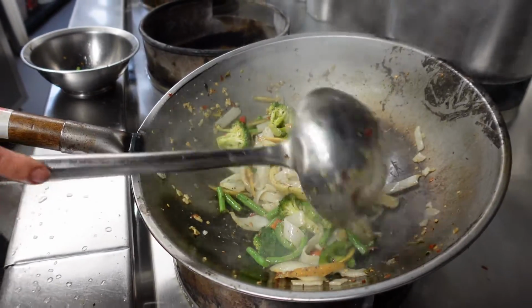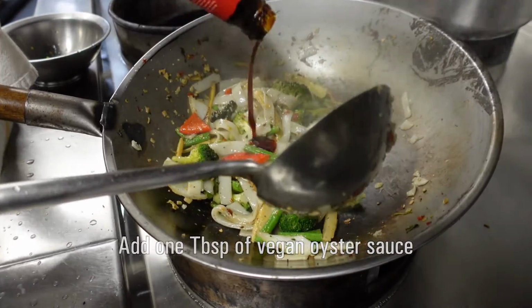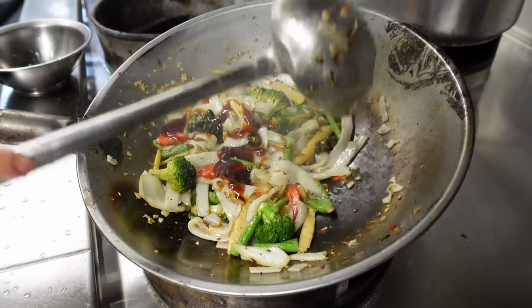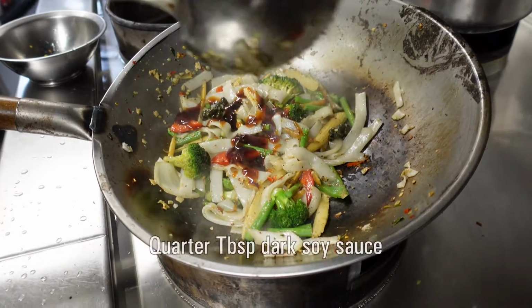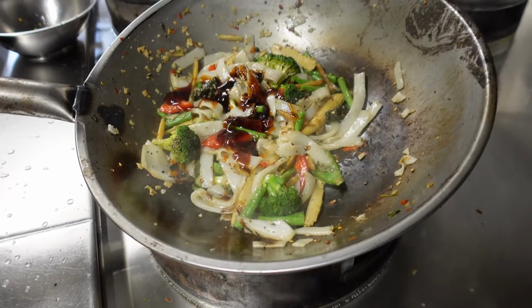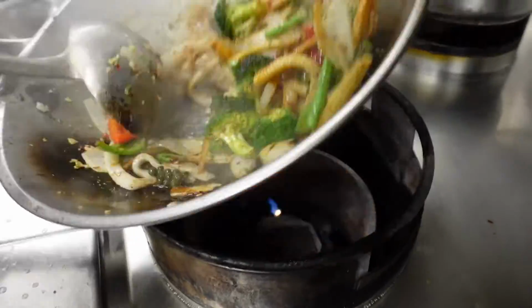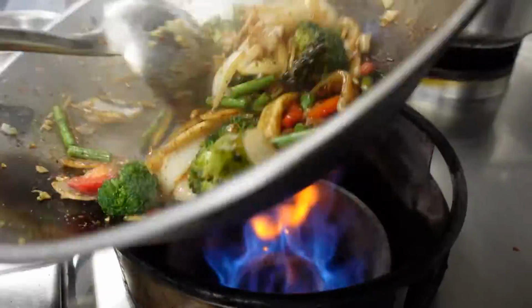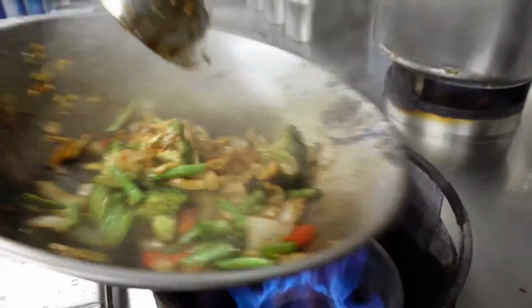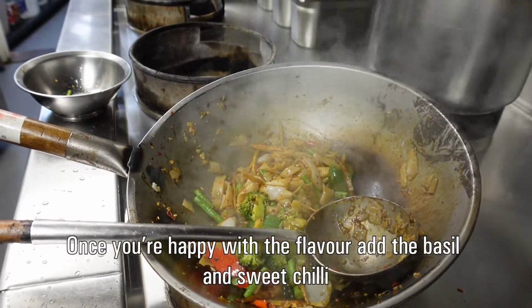Okay, when the noodle is getting soft, you can put in the seasoning. Put one tablespoon of vegetarian oyster sauce, just a quarter spoon of dark soy sauce, about a tablespoon of light soy sauce, and sugar to taste. When you taste it, you get the taste you like. And then last you put in